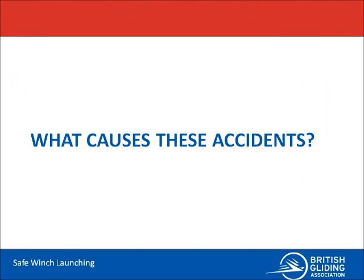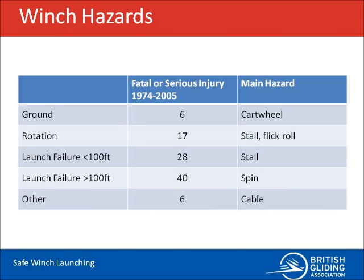What hazards led to these accidents? This chart shows fatal and serious injury accident totals by launch phase and indicates the particular hazard that most frequently led to these accidents. As you will see, the main hazard that can lead to a serious accident differs depending on the stage of the launch. An understanding of how these hazards arise and how to avoid them can help to make winch launching a safer